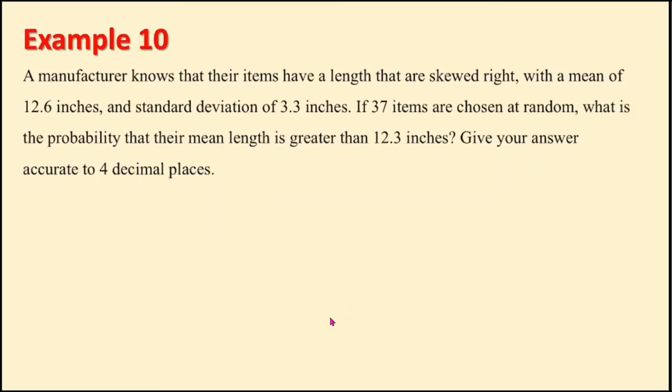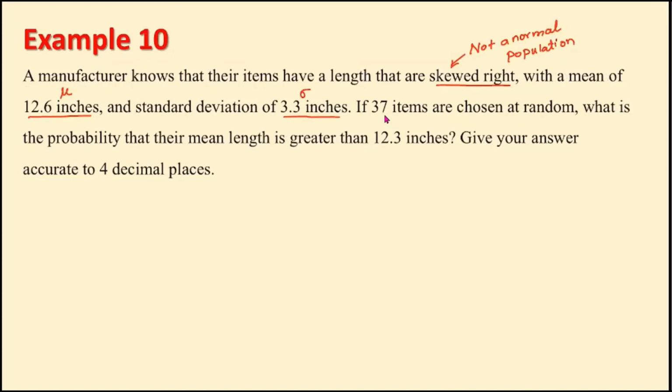Now, example 10. A manufacturer knows that their items have lengths that are skewed right. So you can see that the population is right skewed with a mean of 12.6, not a normal population. The mean for the population is 12.6 inches, and the standard deviation for the population is